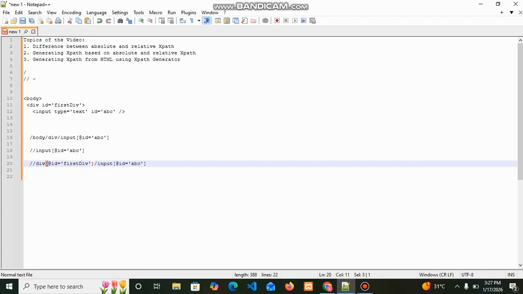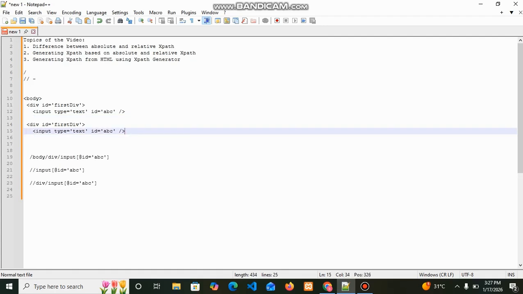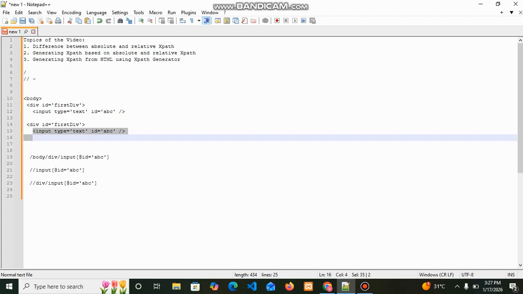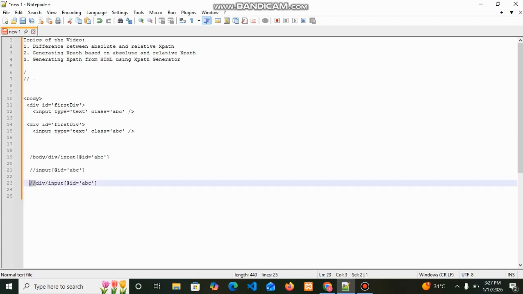For example, if I specify //div for this, and if another div exists, and I want to get the input element, if they are common elements, with similar classes like ABC available for these two input boxes, finding with absolute XPath is relevant, and with relative XPath it can find the first element in the list.